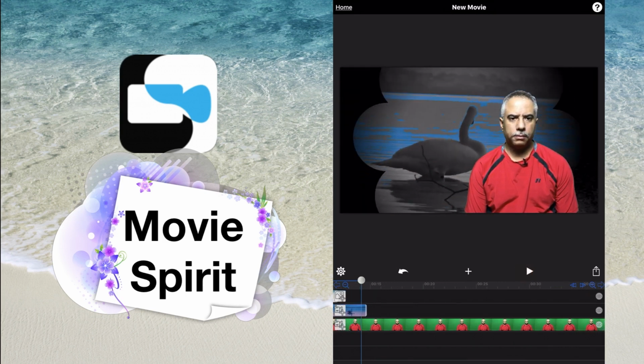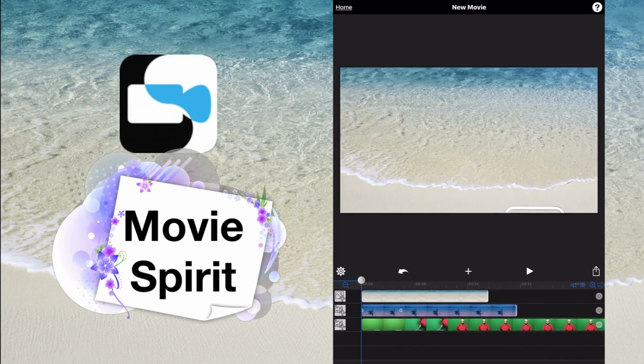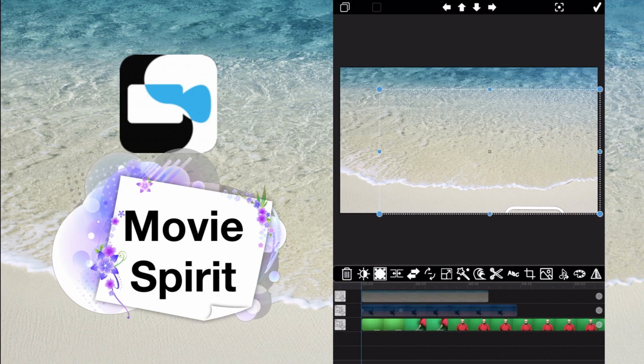Yeah, that works. Cool. So as you can see, the Chroma key feature really works well. I'm actually going to adjust it so it makes sense. I'm going to double tap on my green screen video, and I'm going to go ahead and hit that scissor tool